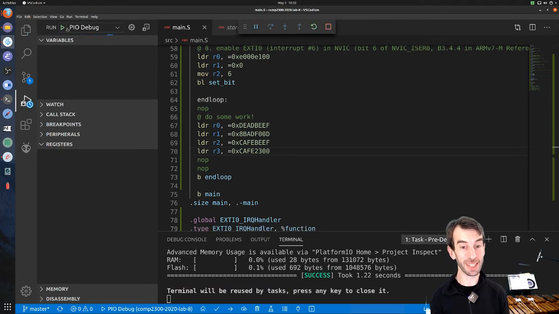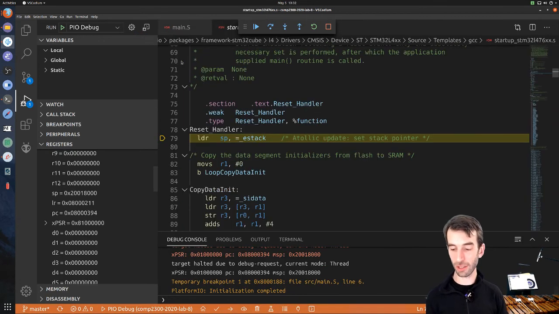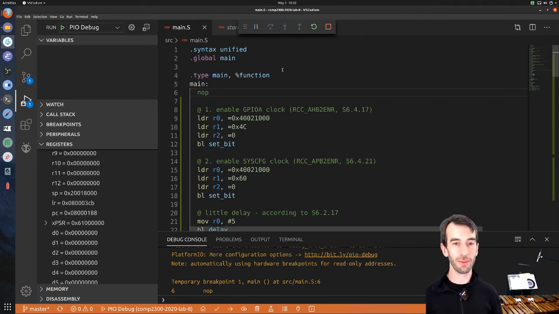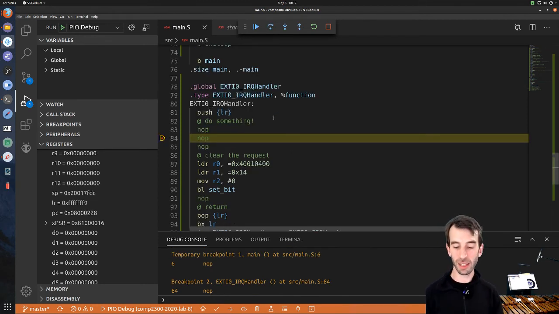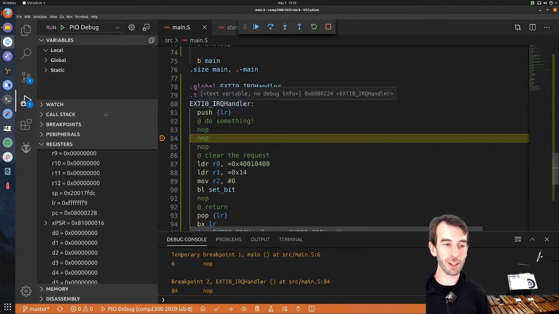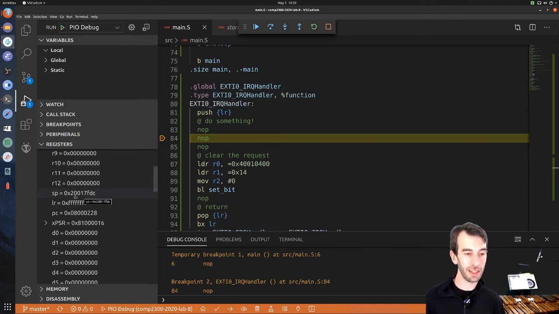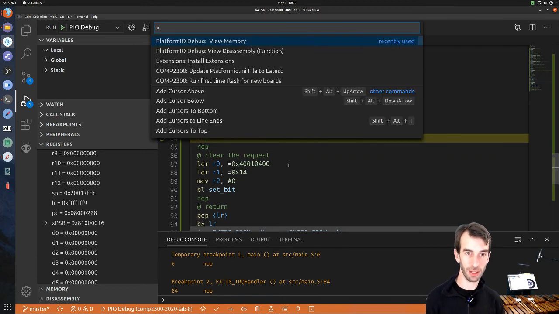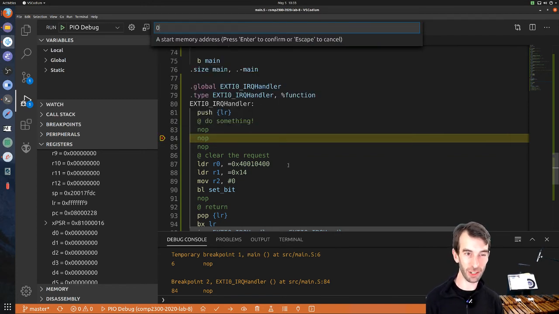So I'm going to do that by having a look on the stack after I get my interrupt to fire. So here we are, running our code, going along in our loop. And then suddenly, bam, interrupt fires. We're out of our loop and we're in the interrupt handler. LR is set that way, and my stack pointer, 0x20017FDC, is set to a certain address. Now, what I might do is just have a look in memory at an address just before that. It's a little bit tricky to figure out an address in memory when you don't know what you're looking for, but